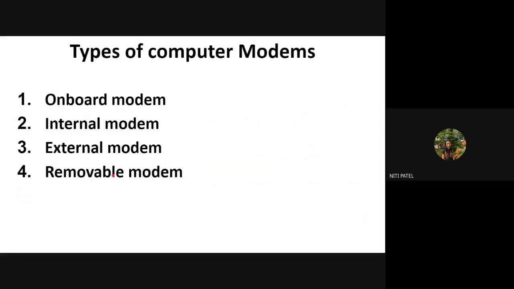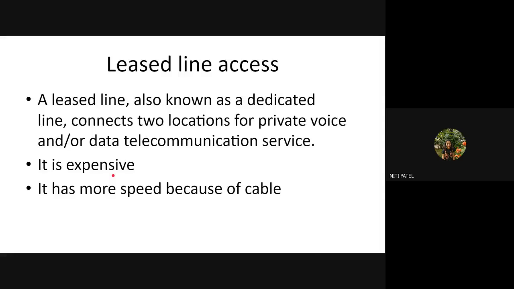Today we'll be starting with a second concept, which is called leased line access. Now we have already seen a point-to-point connection, which is also a dedicated connection. But I can communicate by using that dedicated connection in a public network. Public network means anybody with whom I have a PPP connection, I can transmit and receive data. So nothing is private. Everything is on the public network. Whereas a leased line access is used for private communication.